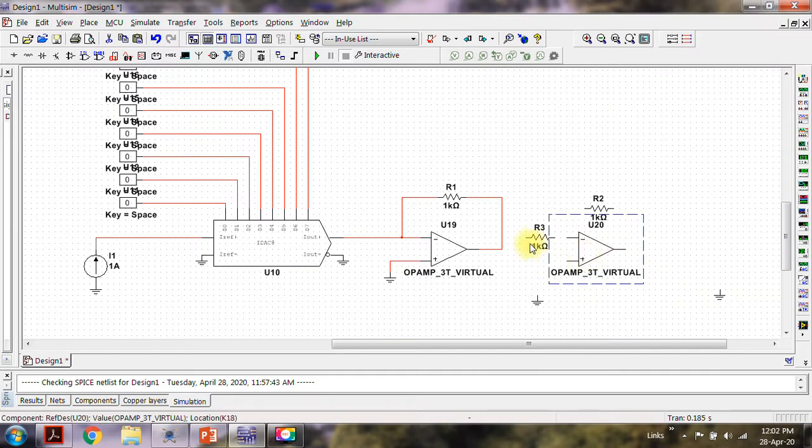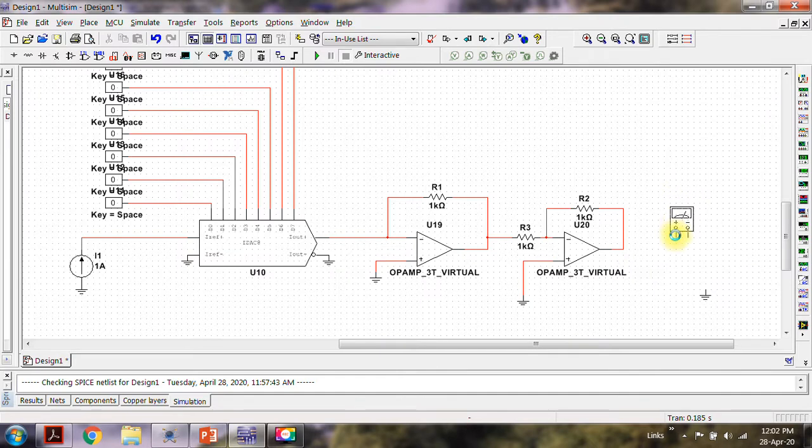Flip it vertically and hook up the inverting amplifier like this. We'll again use a multimeter to find out the output voltage.